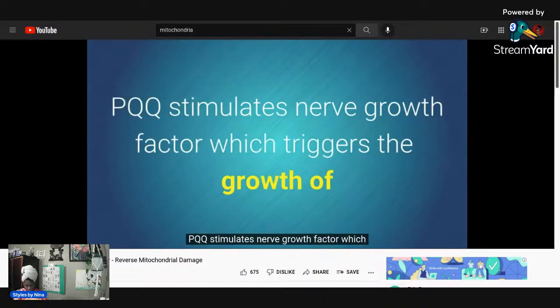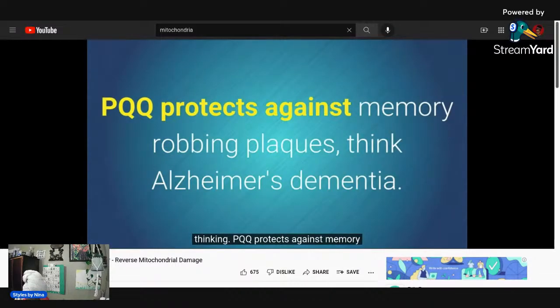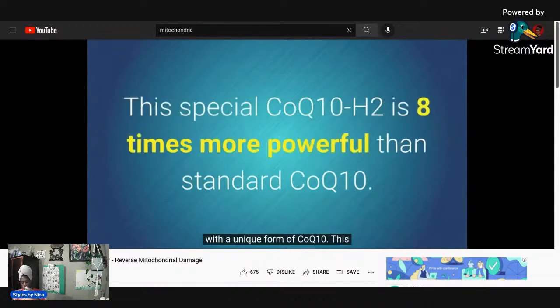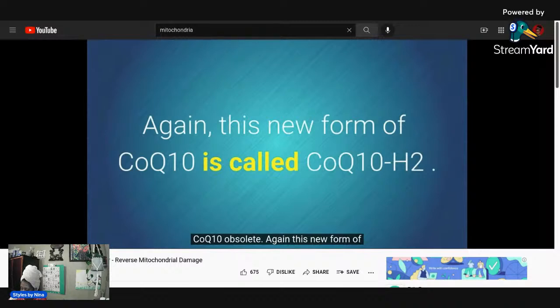PQQ stimulates nerve growth factor, which triggers the growth of nerve cells in your brain for sharper and clearer thinking. PQQ protects against memory-robbing plaques. Think Alzheimer's dementia. Today's best PQQ can be found combined with a unique form of CoQ10. The special CoQ10-H2 is 8 times more powerful than standard CoQ10. How about that? This makes other forms of CoQ10 obsolete. Again, this new form of CoQ10 is called